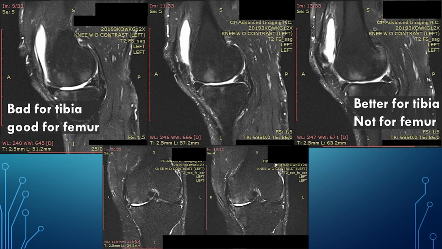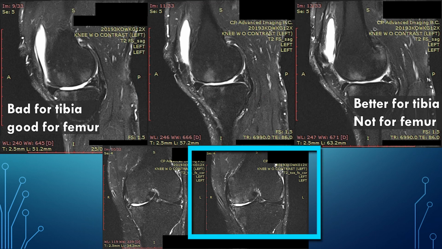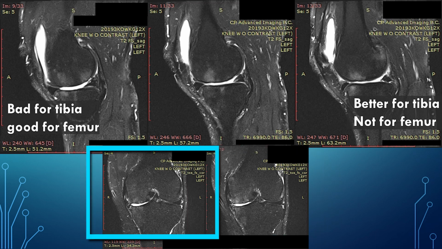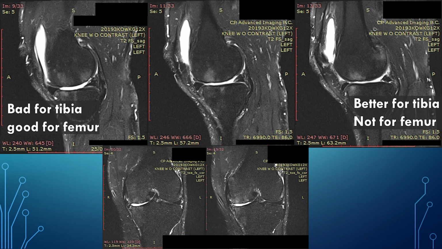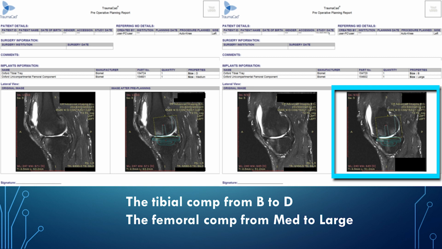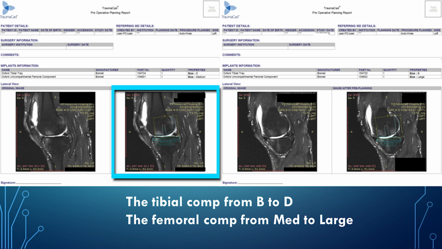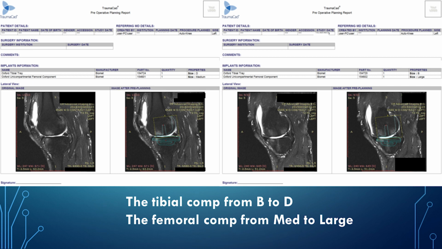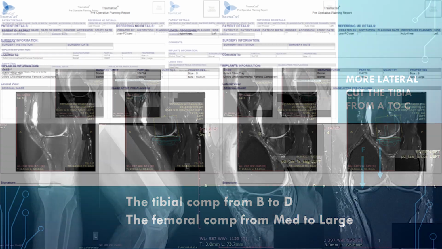So if you plan your case, you see again down here that the lateral side of the knee is perfectly okay, and all the damage is bone on bone on the medial side here. So this is a very suitable case for UNI, but the cuts that you plan for the tibia and femur are different. If you plan your tibia on a cut which is suitable for the femur, the tibia will be very small, only B. If you plan the femur on the cut which is suitable for the tibia, the femur will be medium. So you have to change the cuts,